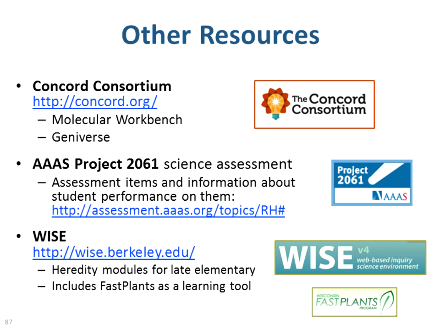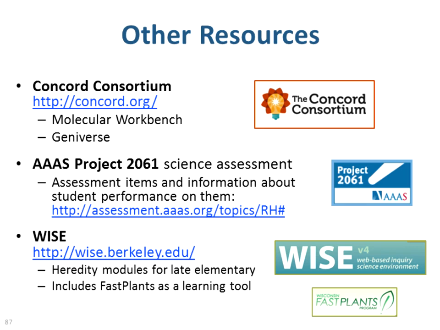The AAAS project, which I'm very familiar with, has wonderful assessment items. And the nice thing is that they have assessment items like what I showed you, where they tell you what the common responses are for different age groups for that item. So they're good ideas for nice items that you can add to your assessments and to help you get a better handle on where the students are reasoning, at what level they're reasoning.